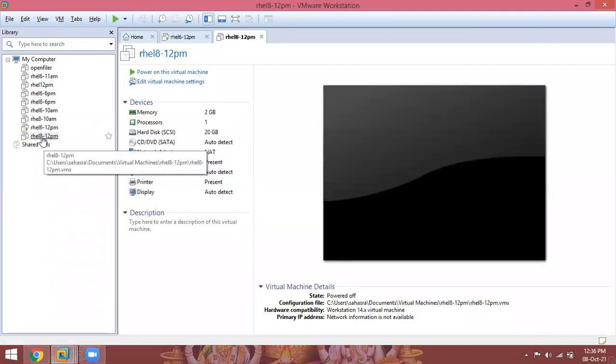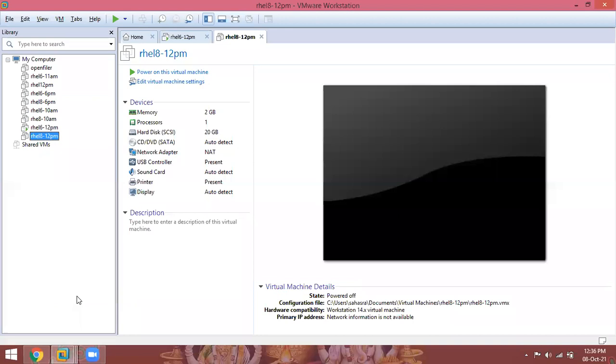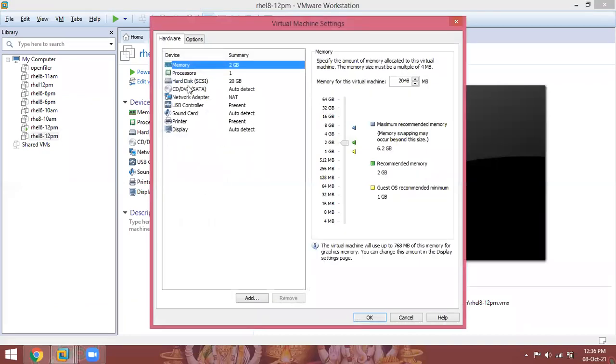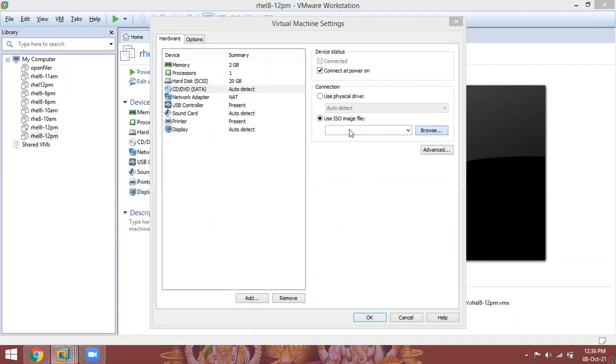Machine is ready. I need the software. Right click on the machine, click on settings. Select CD or DVD, use ISO image file, click on browse.